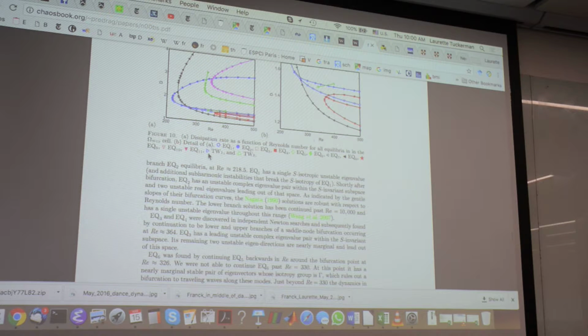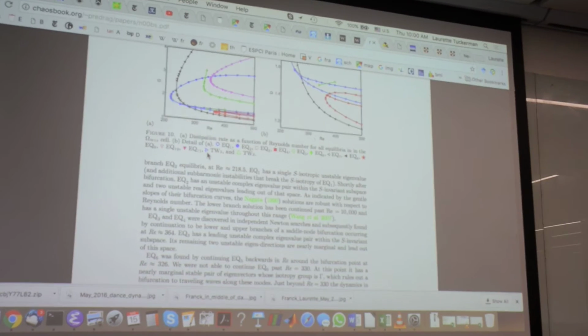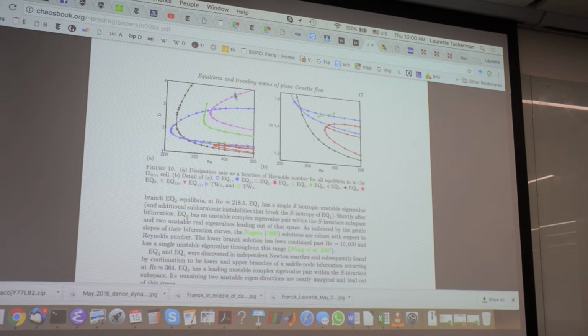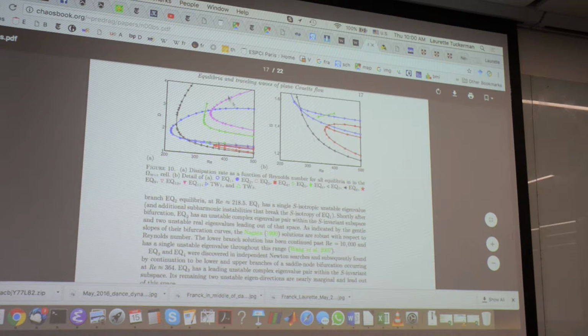There are probably hundreds of them. And that is not because plane Couette flow is special, or is turbulent, or this or that. I found the same thing in convection, which was not special, which was not turbulent. It's just that Navier-Stokes and Boussinesq equations, all these nonlinear equations, they do that. They form many unstable solutions. So again, this is just the beginning, so this is true for sure.